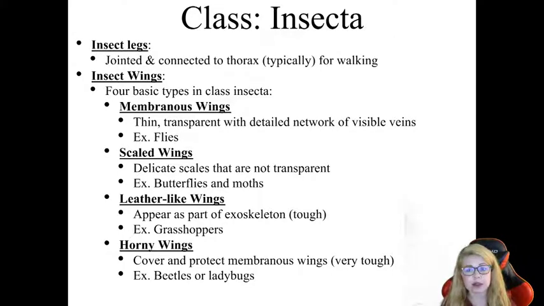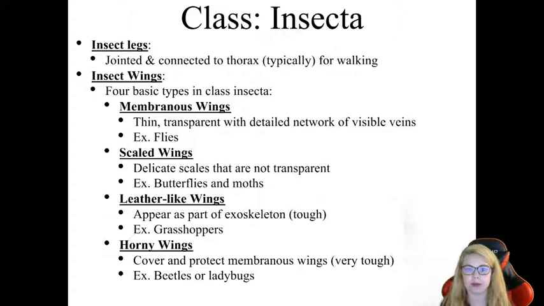Insects' wings come in 4 different types, all right? And so you are responsible for understanding the difference between the 4 basic types of wings. The first is the membranous wing. This is a very thin, transparent wing with a detailed network of visible veins. So if you've ever looked at a fly up close and seen that very detailed, lined, thin wing, this is